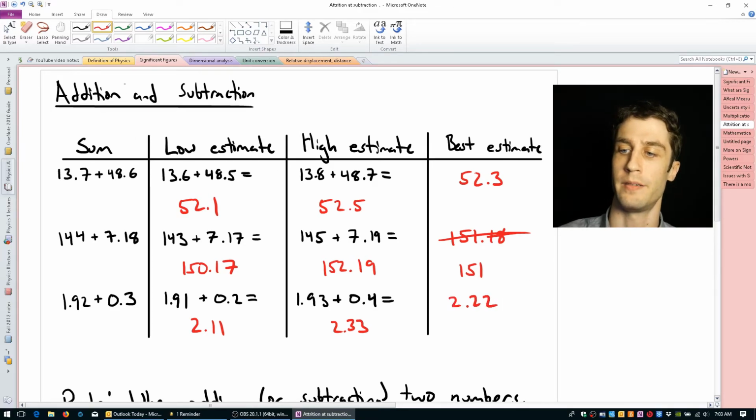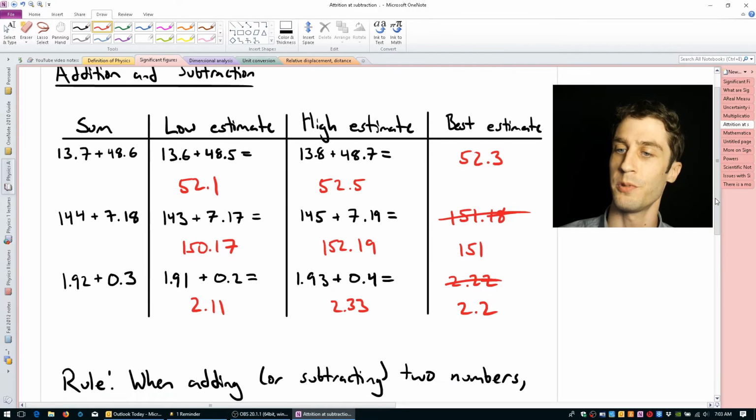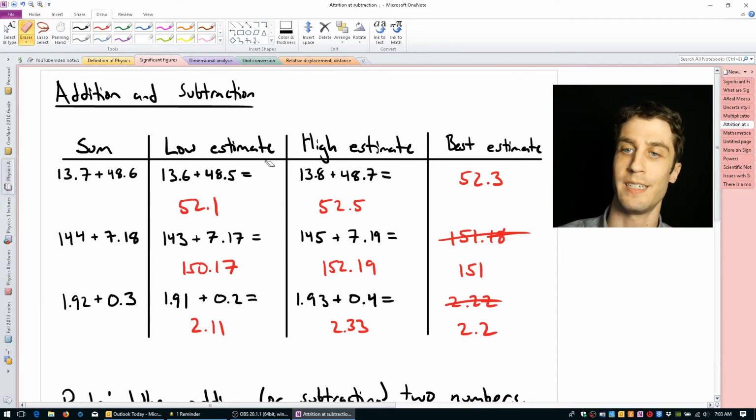Okay, but not all of these digits are significant. Take a look. Both of our estimates agree that the first digit is 2, but the second digit could be as low as 1, could be as high as 3, so this last digit is not significant, and we would just write 2.2. All right, so what's the rule here? Well, it's different from the way that it was with